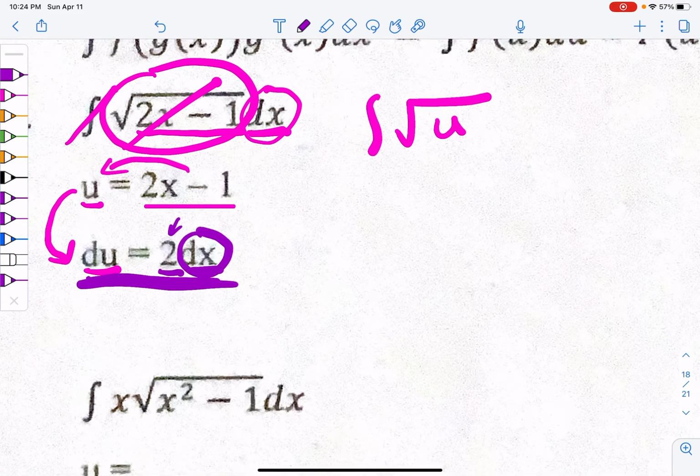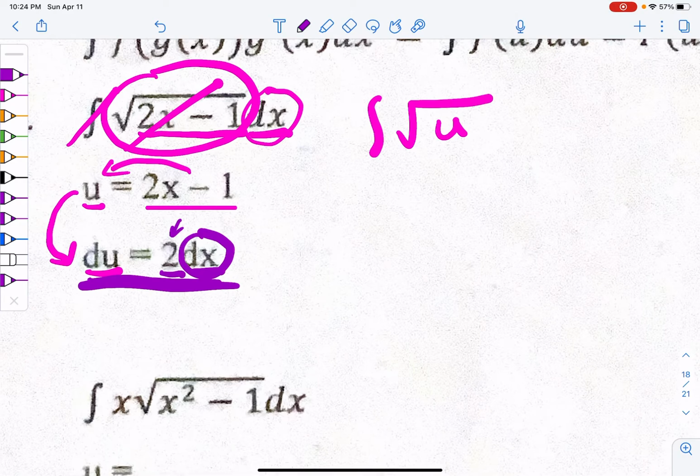So here's the only other thing that you have to do that's kind of tricky. Dx, if I divide the 2 over to the other side, dx is like du divided by 2 or 1/2 du. I've kicked that 2 to the other side, right? 2 times dx would be the same thing as 1/2 du. Okay,